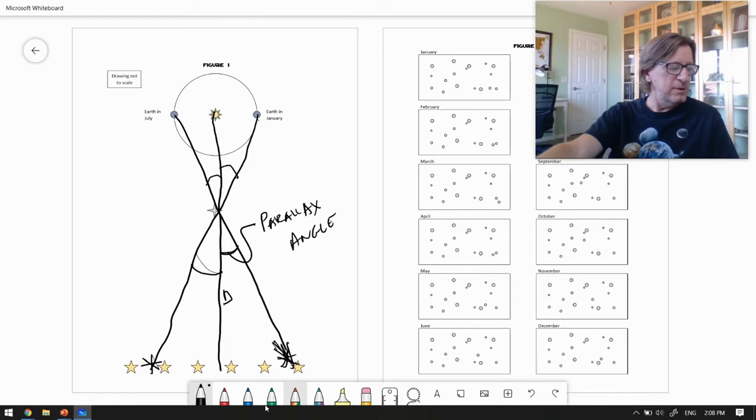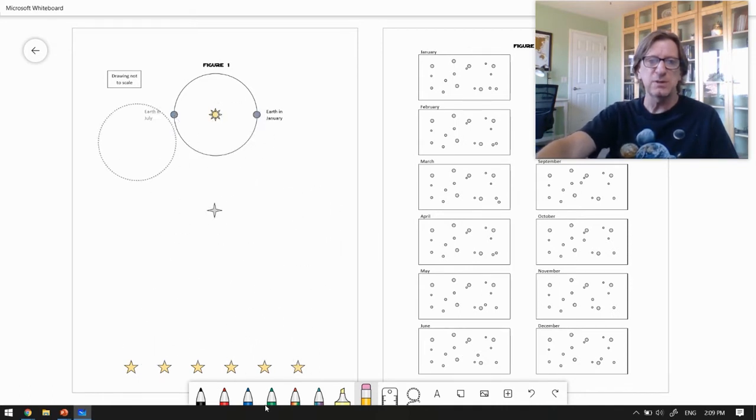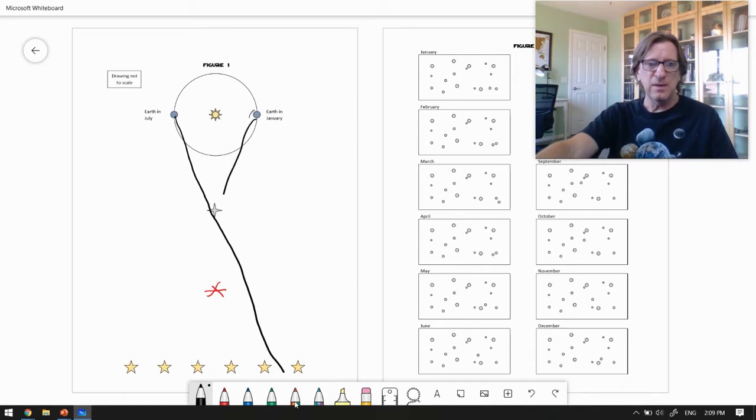Now it says draw another nearby star approximately twice the distance from Earth as the other star. Just to clean things up a little bit, I'm going to erase this, but you don't need to erase it on yours. You're not going to be turning this in. We'll do this in red. This is going to be our other nearby star. For the first one, we had an angle that looked like this.